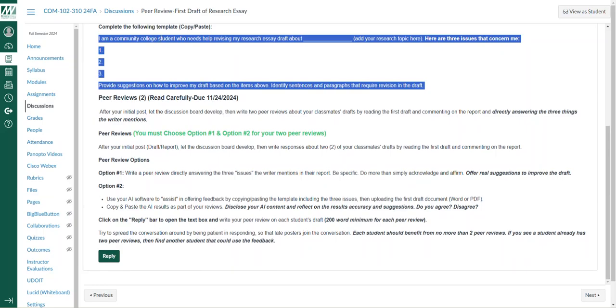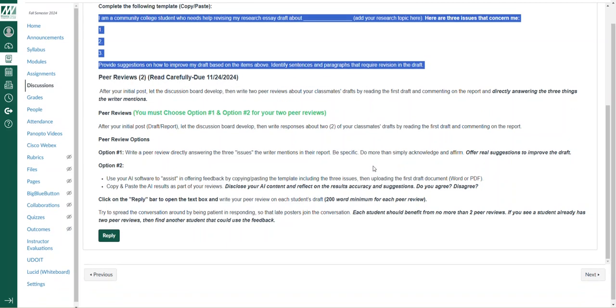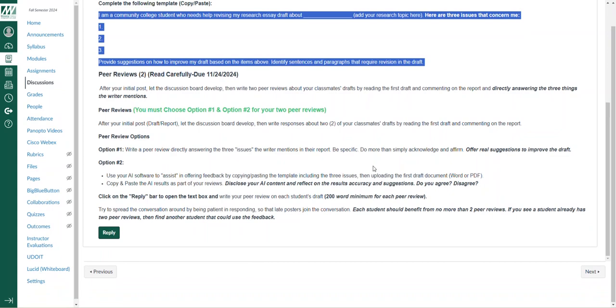Copy and paste this particular prompt right here, completed by the writer, and add that to AI along with a copy of the first draft, and see what AI would give you in the way of improvements for that draft. I've been using this all semester long with my Com 101 students, and they've been doing a pretty good job on that. So what I'm looking for is for you to use option 1 and option 2. Later in the week, I will spend a bit more time on this in the lecture video, and I will let everybody know exactly what I'm looking for and probably even demonstrate something from my Com 101 courses.